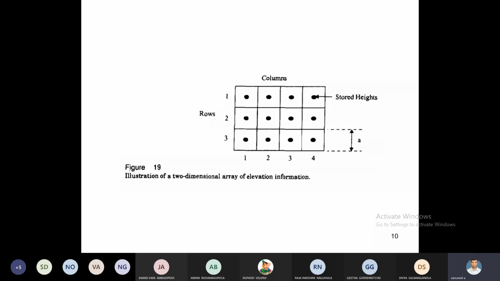Now I am considering the particular area. The total area is divided into rows and columns. The row and column width is equal to small a, and between each row-column point we have to check what is the height. Suppose for each and every column in that particular area, what is the height of the building, or is there a hill station there? The heights we have to store.